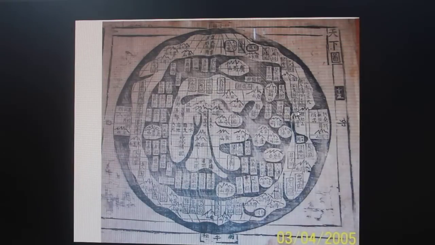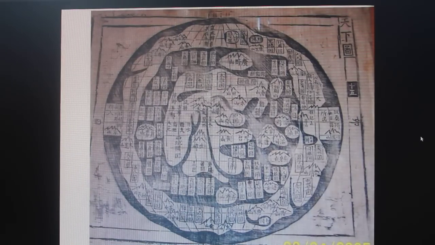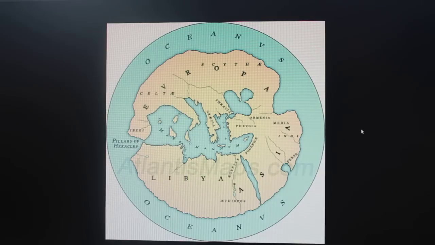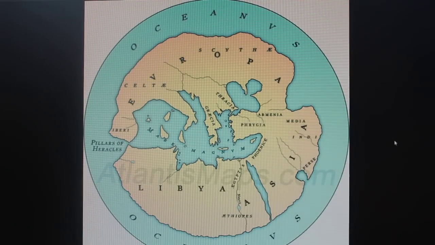I have no idea what to make of that, but it looks like a Chinese map trying to show all the continents on one sphere, and the problem with these maps is they only show one side, so they cram it all in. They just cram it all in. The Greeks did the same thing. This is from 500 BC, and the reason why they said Atlantis is just beyond the Pillars of Hercules is,